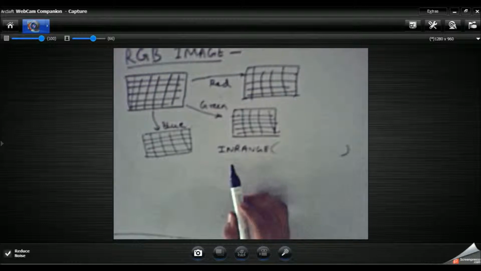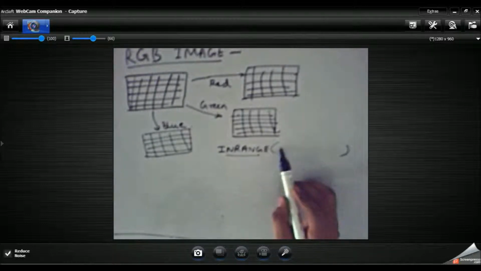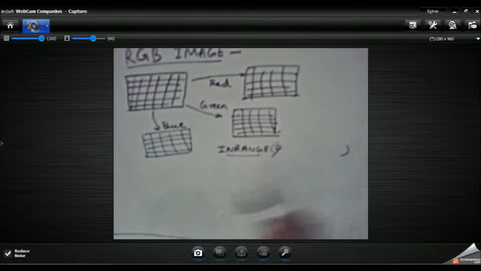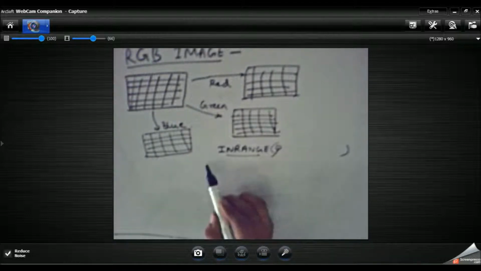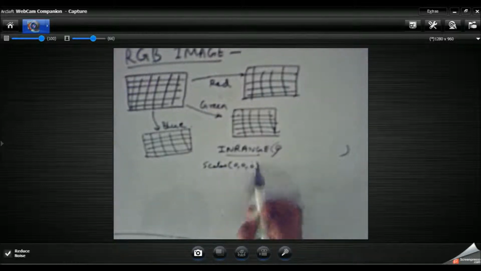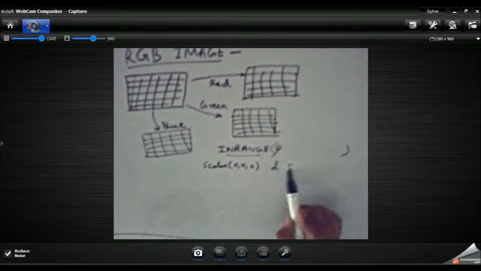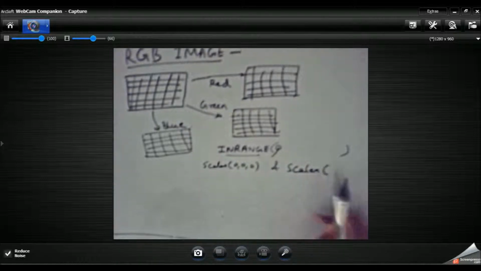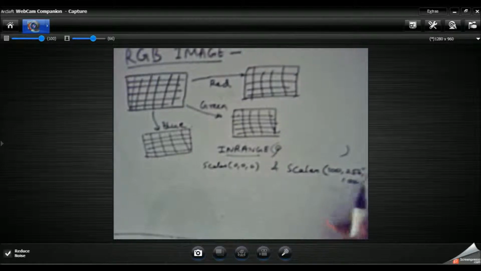So basically the inRange function takes the input image and applies the thresholded range of pixel intensities on that input image, that is Scalar(0, 0, 0) and Scalar(100, 255, 100).